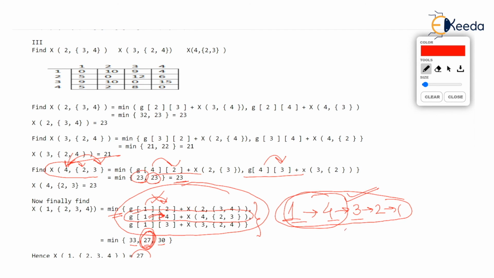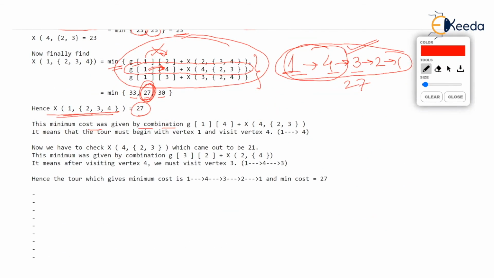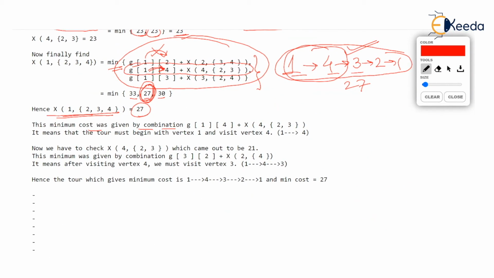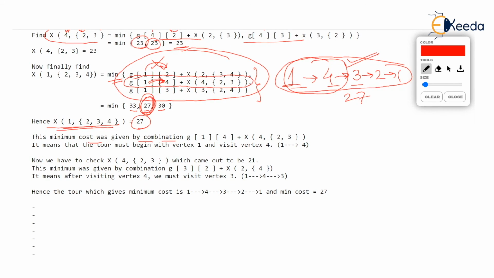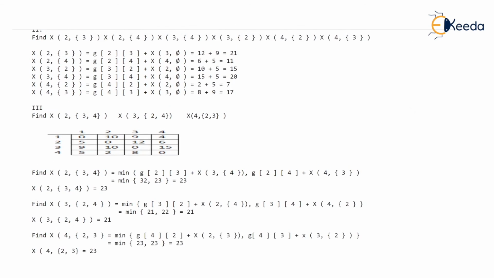Isn't it? That's what I have explained. You can pause the video and then check. I have explained this, and we have got the minimum cost and we have got the minimum cost tour also. The video was a bit longer, I know, but trust me, this is such an interesting example of a dynamic algorithm where the next pass uses the result found by previous passes.